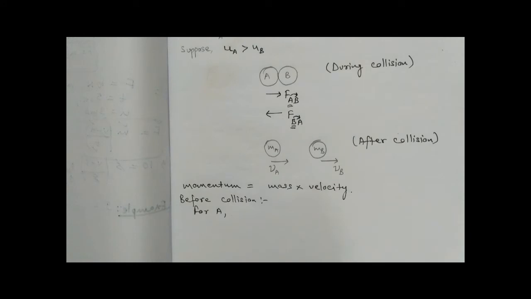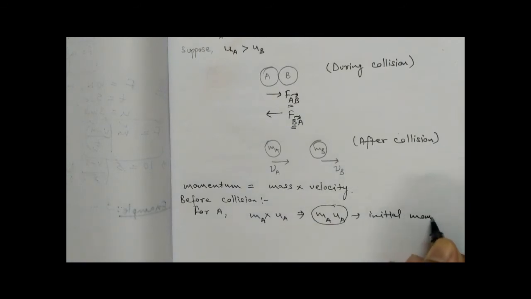Mass into initial velocity. So for A, the initial momentum would be Ma into ua. Ma ua, this will be the initial momentum